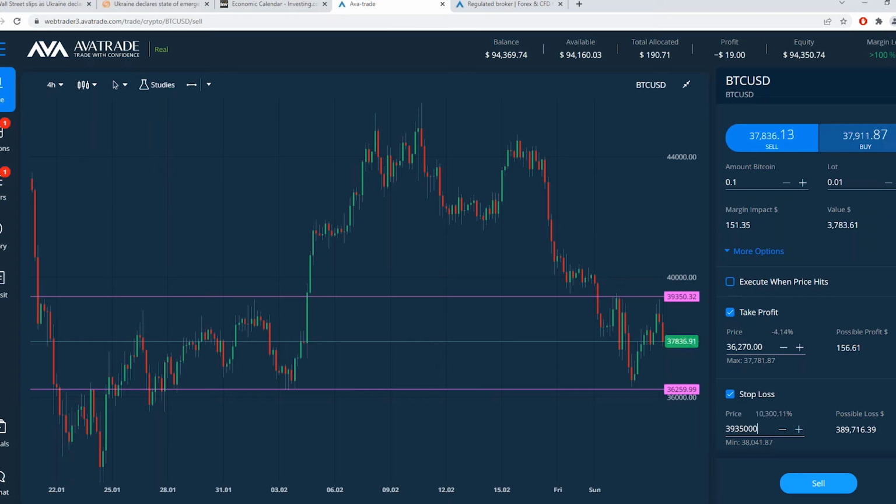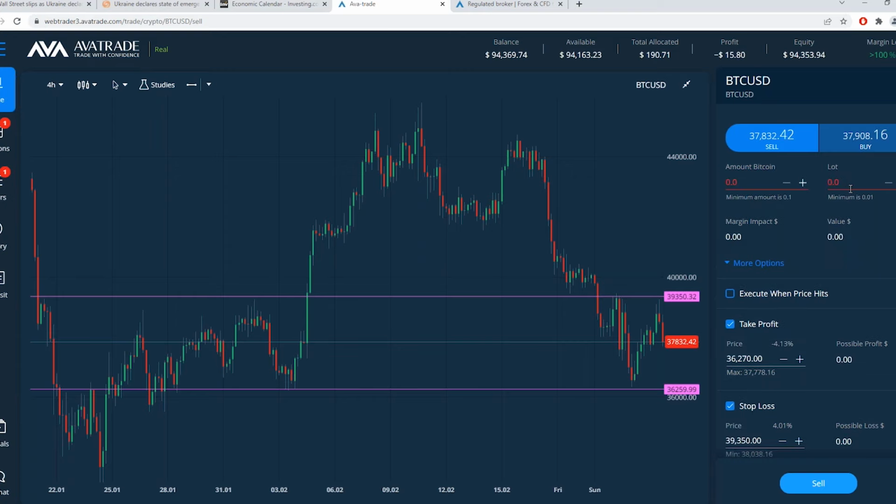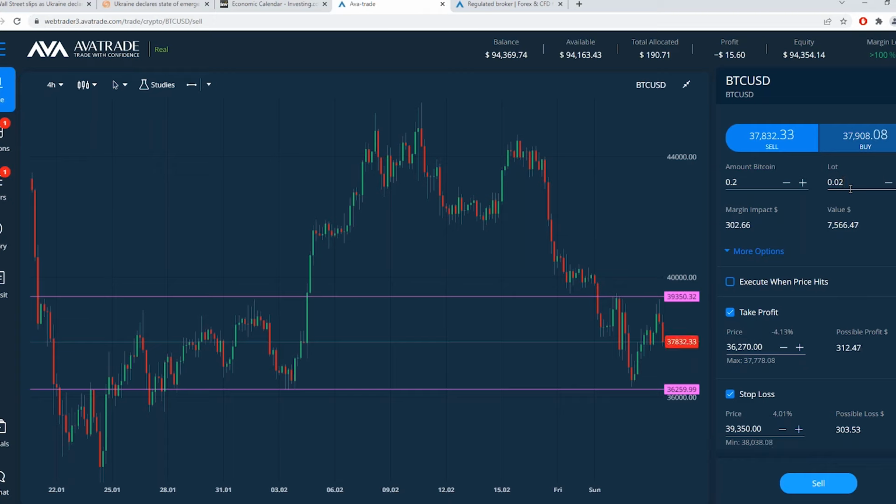39,350. I have a few too many zeros. There we are. So now at 39,350, we see that's more equal. And that still gets you above today's high. So if I can ever type the right price, there we are. So I'm risking 151, potential profit 156. Okay, now I change my trade size until I get the risk reward that I'm looking for. So maybe I'm willing to risk about 250, 300, if that's my range that I know I want to risk per trade, or whatever the case may be. You put the lot size that makes sense to you.